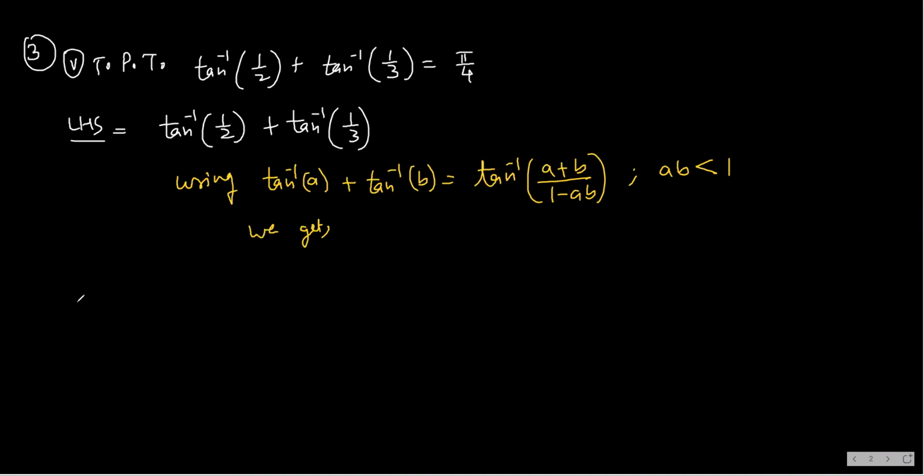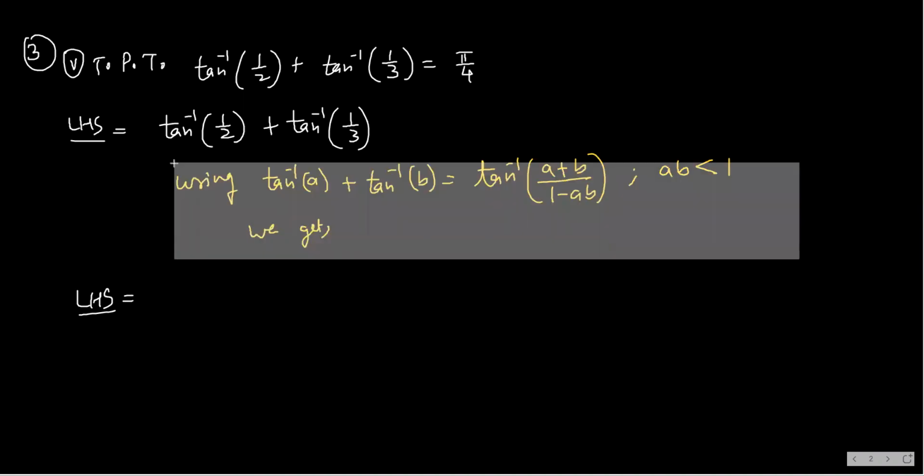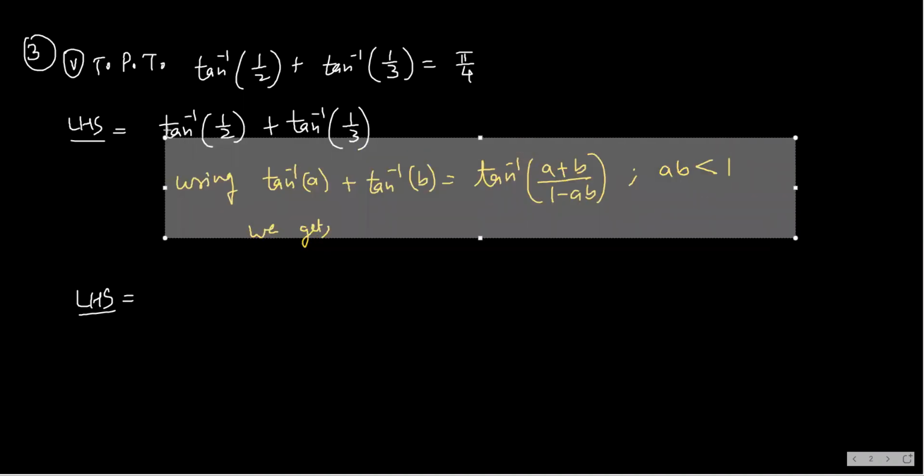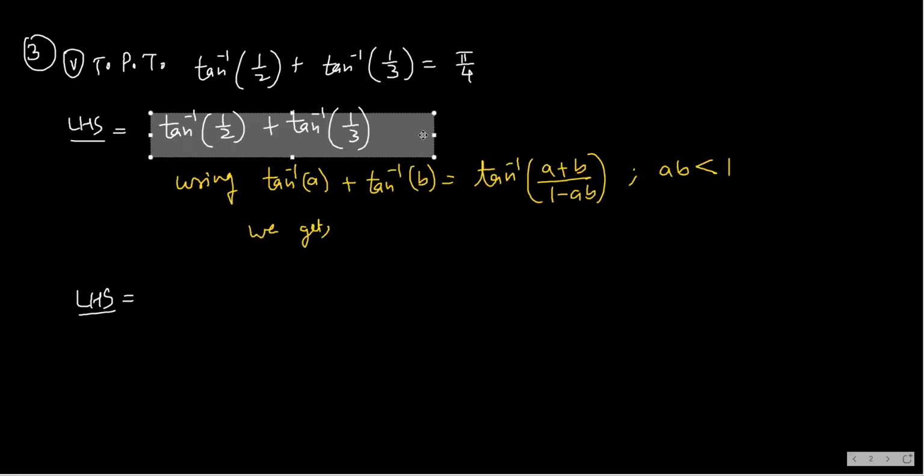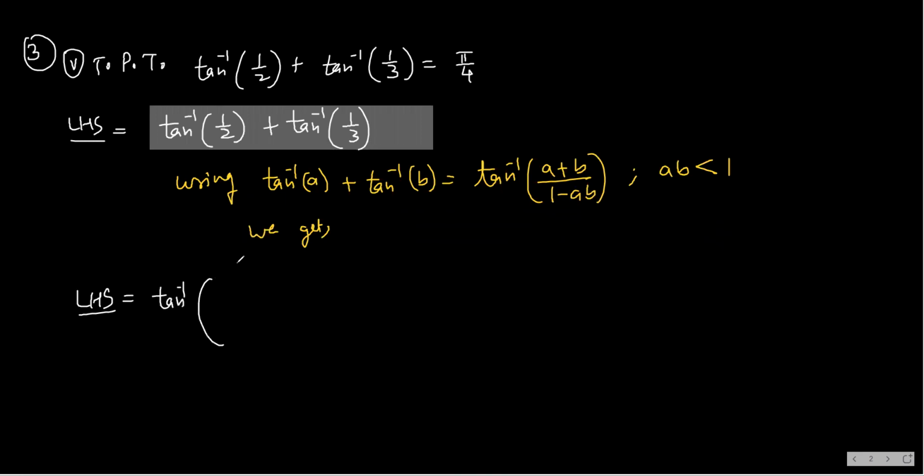You get LHS equals to, what are we doing? We are using this property here. So what will it become? See, LHS will become tan inverse of A plus B, 1 by 2 plus 1 by 3, upon 1 minus AB. That is 1 by 2 into 1 by 3. So this will become tan inverse of,